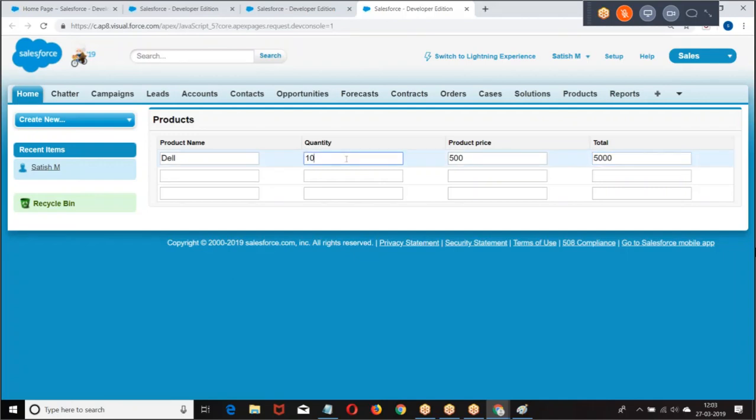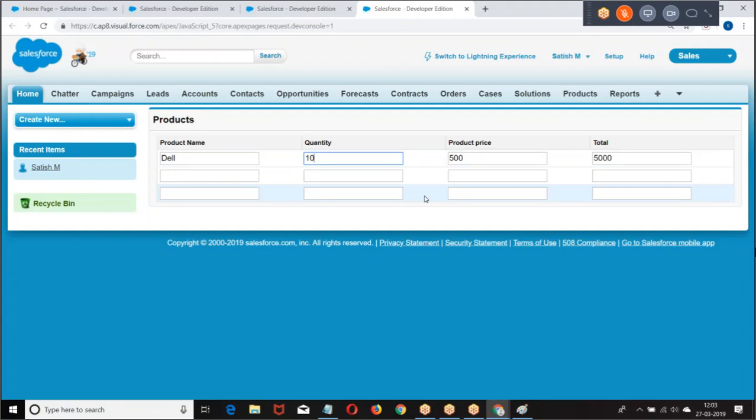When I modify the quantity or price, automatically it should calculate the value of total. Now, if it has to calculate it, how does it identify this row? In this row quantity, in this row price, in this row quantity, in this row price. Are you getting my point?